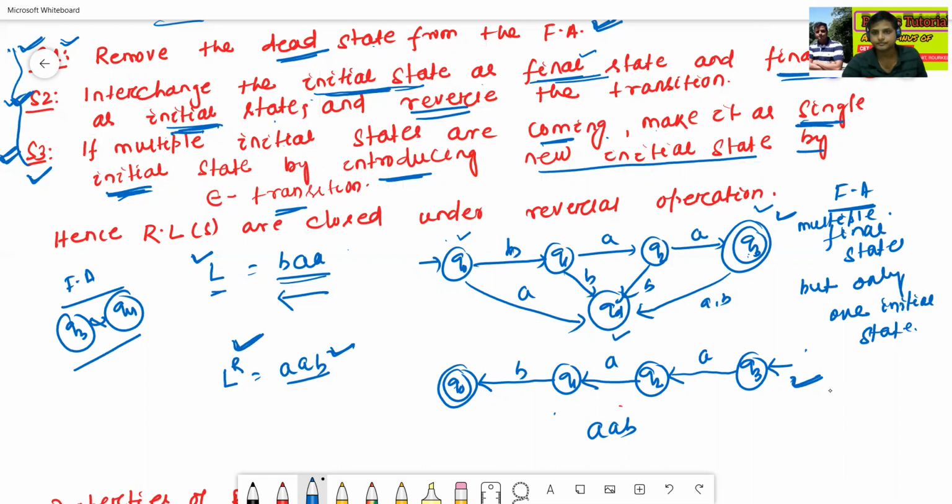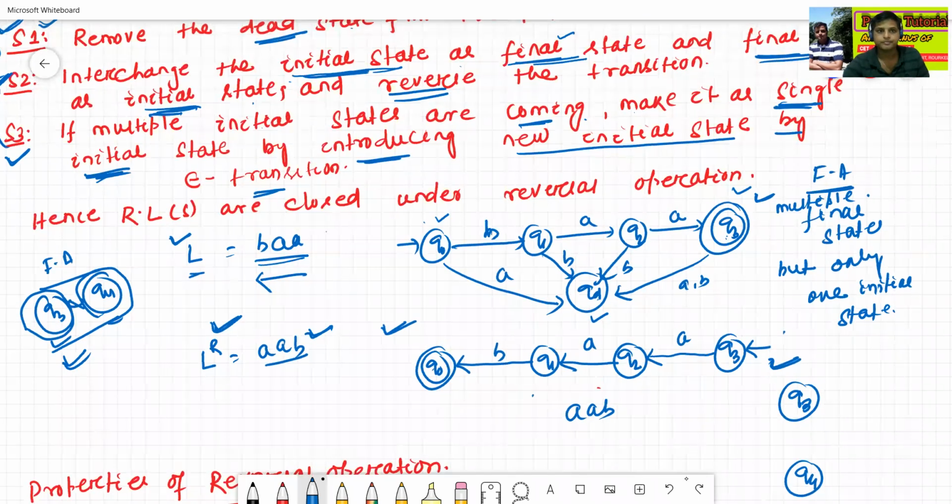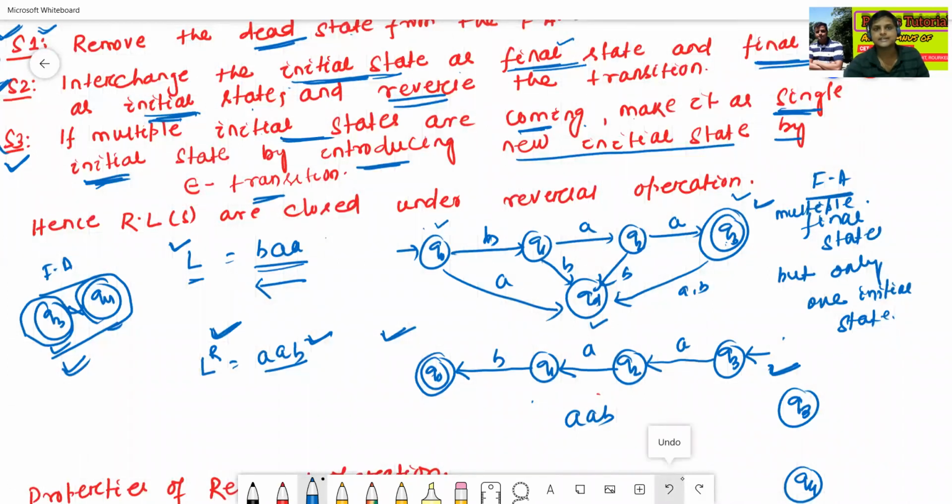That means there are two multiple states. Suppose Q3 and Q4 both are final states, but in the reversal operation there are two initial states. Since there are two final states, there will be two initial states. Now we will combine them. Now see here, what is the rule? If multiple initial states are coming,